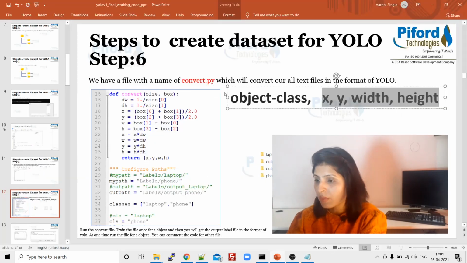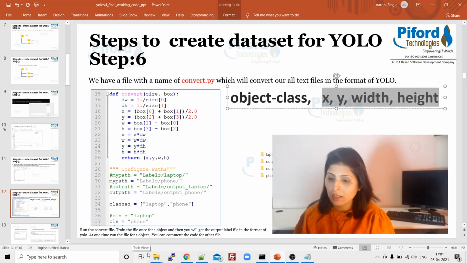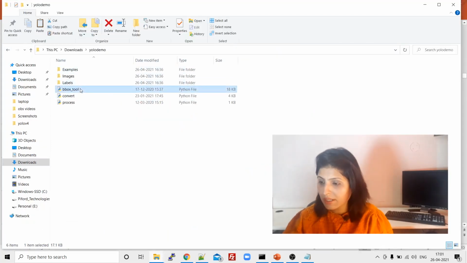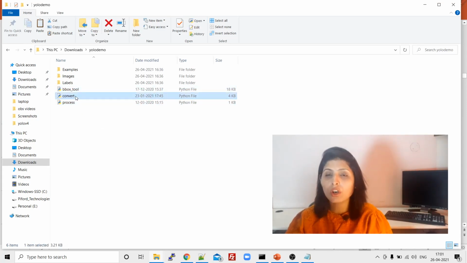So now we use the convert.py file. Where do we get this convert.py file from? Guys, for this I have told you about these 3 files. We copied these 3 files from the bounding box toolkit which we downloaded from GitHub, so we have this convert.py file over there.